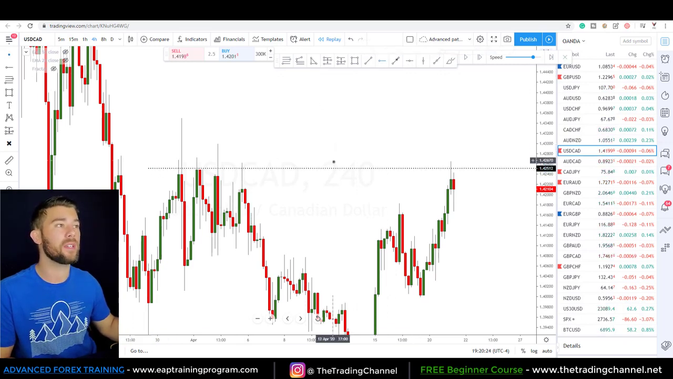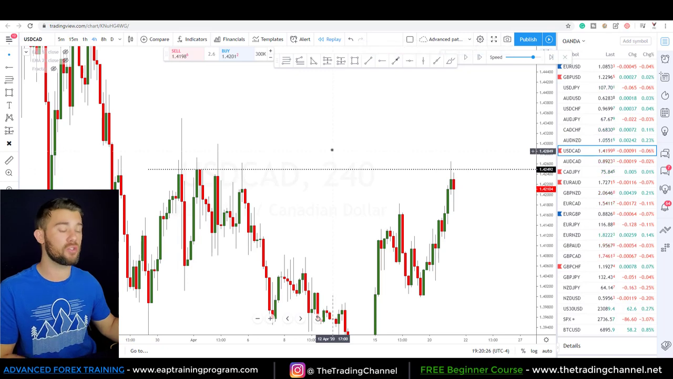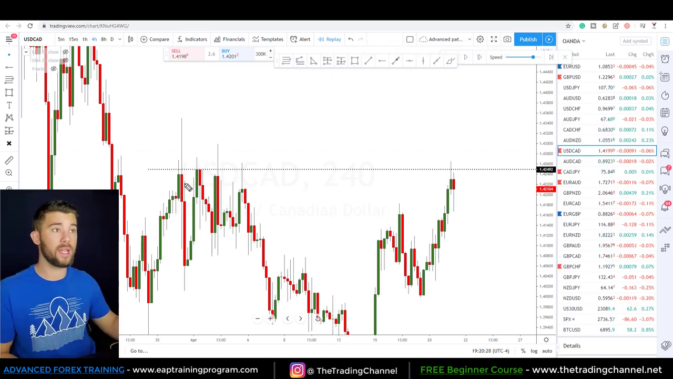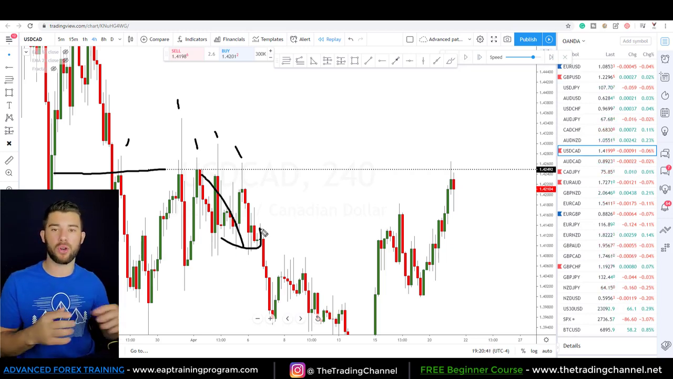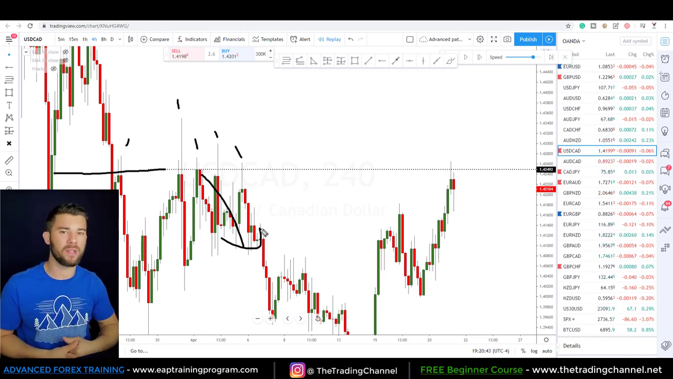If we look left, this is a structure level that has been tested multiple times. 1, 2, 3, 4 times as resistance, 5 times if you keep this line pushing back. So this level has proven to push the market around heavily on the 4-hour chart. If it's pushed the market around heavily on the 4-hour chart, what are the chances that it's going to be